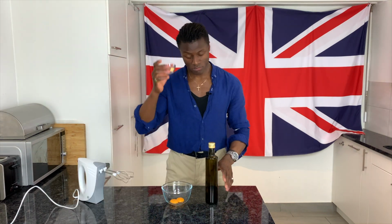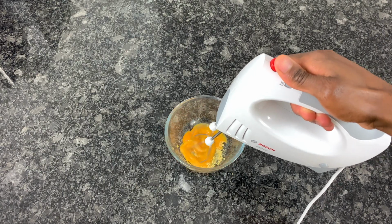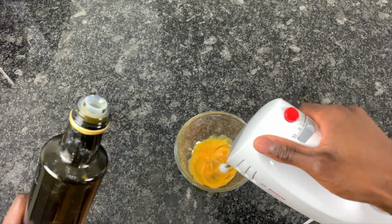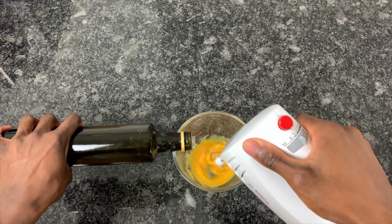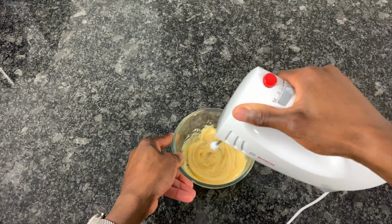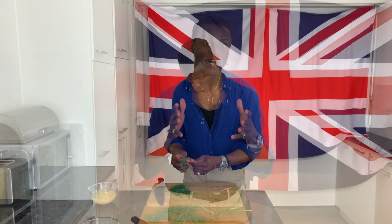Making mayonnaise is really simple and involves first whisking your yolks with mustard powder before gradually trickling in oil without adding any more until incorporated. As more is added, the contents will begin to thicken before forming this thick, creamy sauce. With the base of this mayonnaise made, I'll then proceed by finely